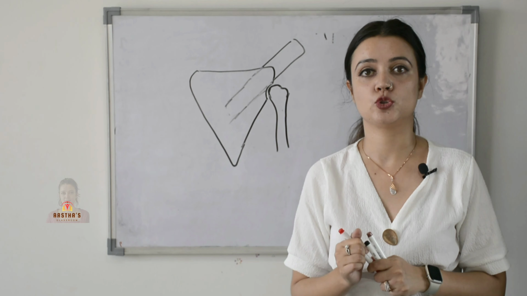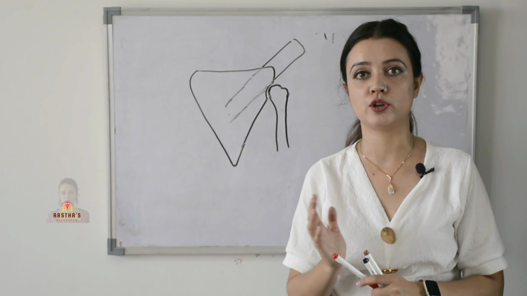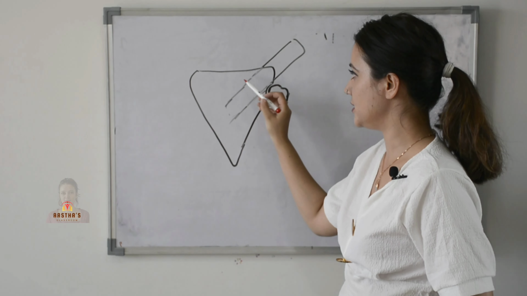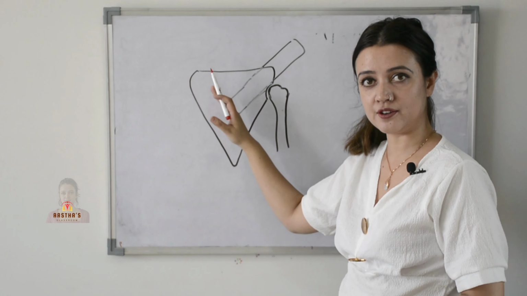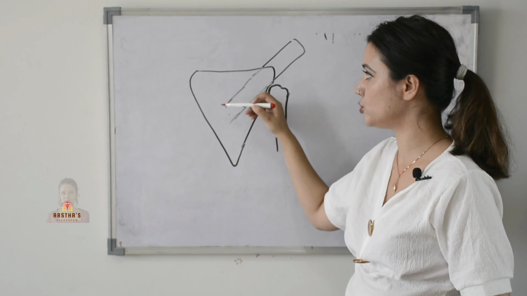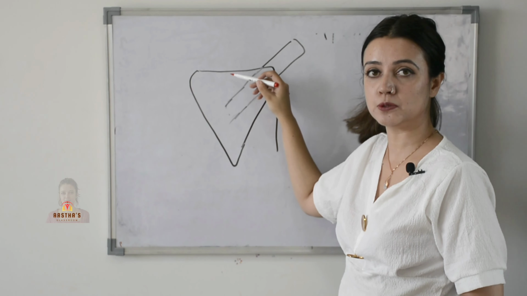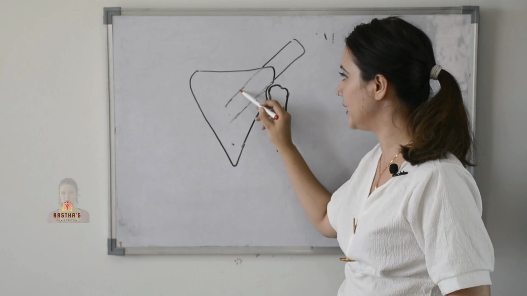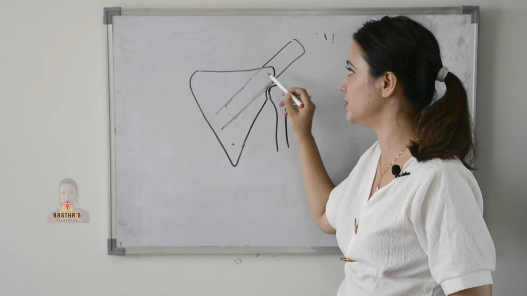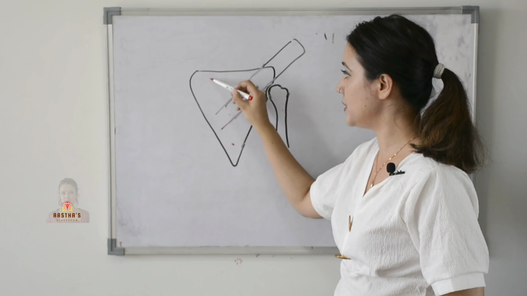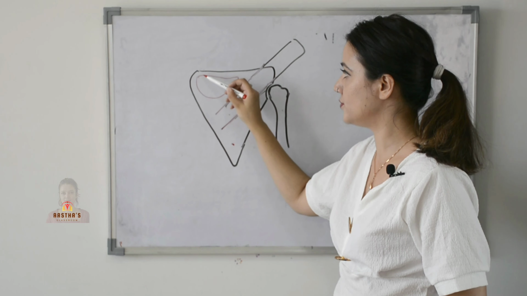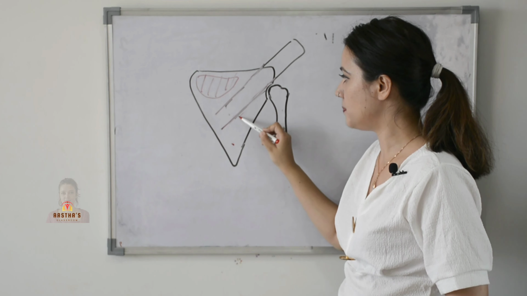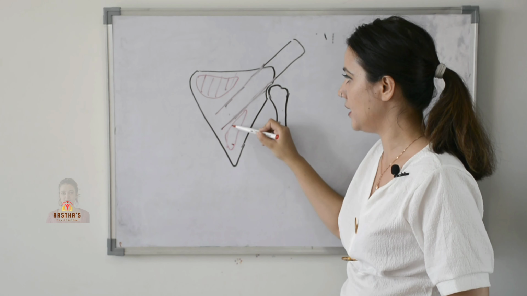The first muscle, supraspinatus, originates from the dorsal surface of the scapula, from the supraspinous fossa, which is present here. The dorsal surface of the scapula is divided into the upper part, the supraspinous fossa, and the lower part, the infraspinous fossa, by the spine of the scapula, or the spinous process of the scapula. The supraspinous fossa gives origin to the supraspinatus muscle, whereas the infraspinous fossa gives origin to the